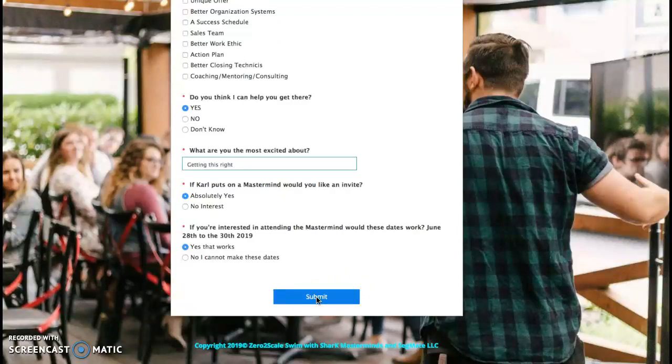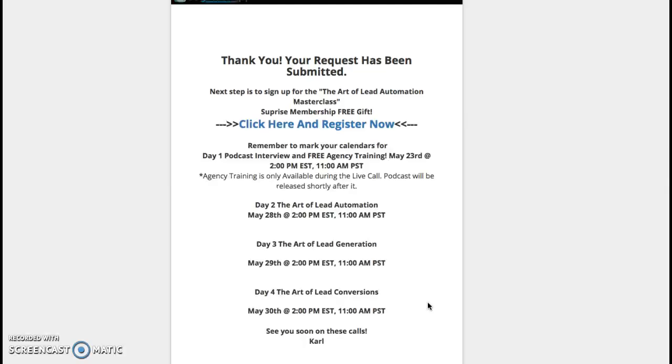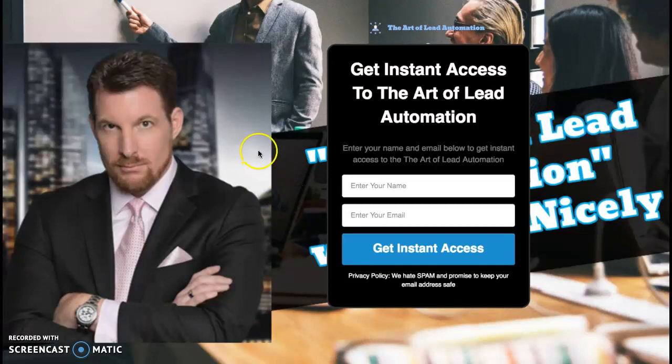So, first of all, this is me going through the motions. I've filled out the form and it is submitting the form, and then we get to here and we register. We register? No, that's not where we want to go. We want to go to the